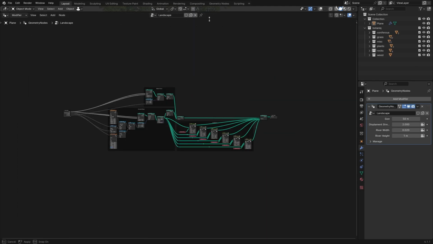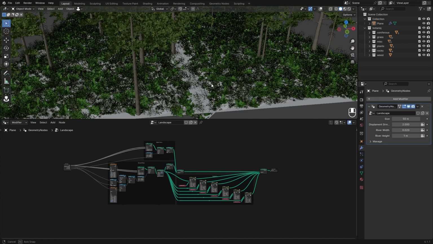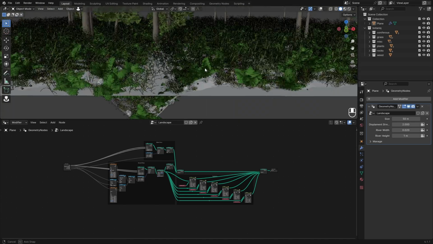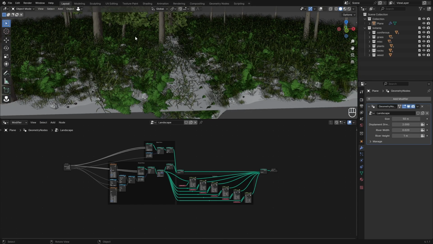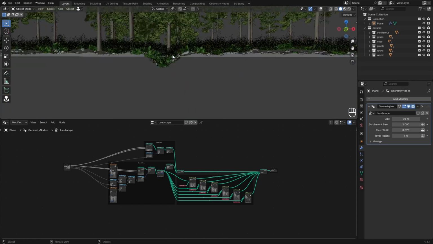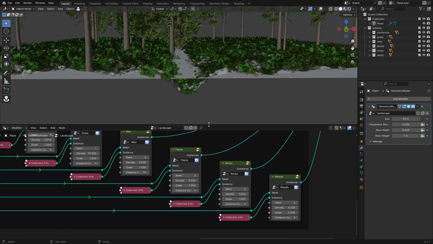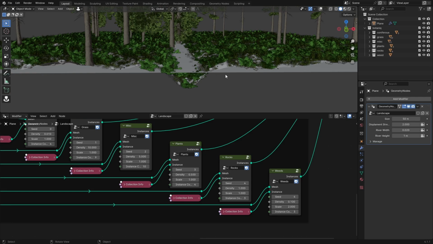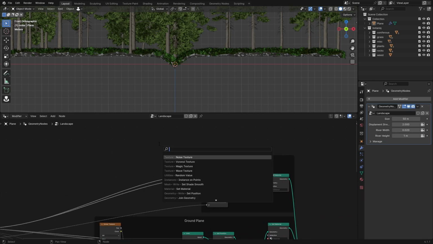And now what I want to do is make sure that we have some variations in the density. For example, the rocks I want to be bigger and also more dense in the areas underneath the water plane. And we can do that within geometry nodes as well. What we can do is just get kind of an intersection with this water plane, and everything below it should be bigger. Because what we can do now is add in a position node